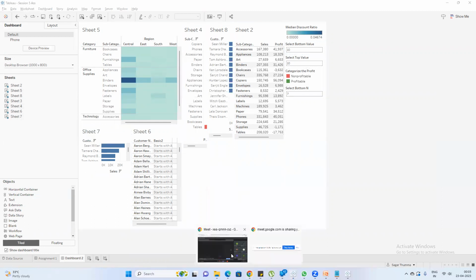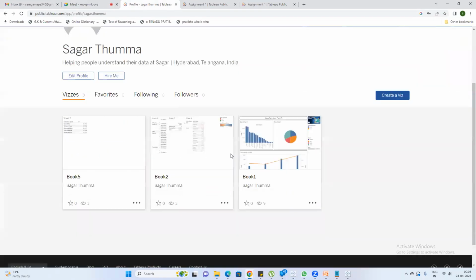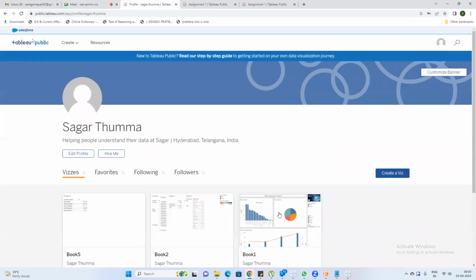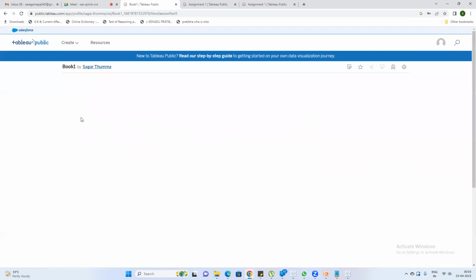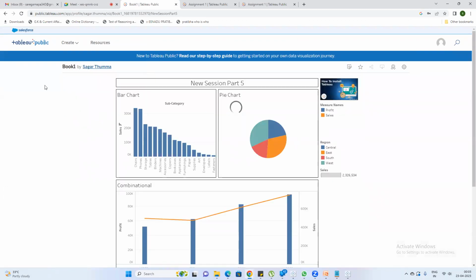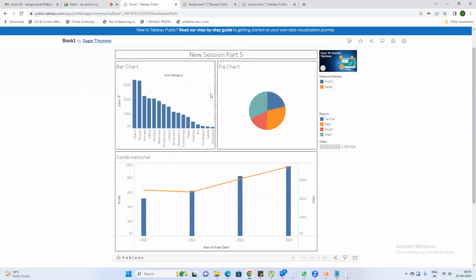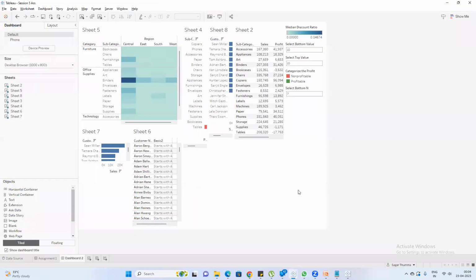So let's say I have published this workbook. This is the way they can see the worksheets. There are 3 worksheets in this. They will not even have access to go into the worksheet and see how that is created. They will just see this user interface. If they want to see the parameters, then we will give access to the parameters. So let's say if I enter it here,